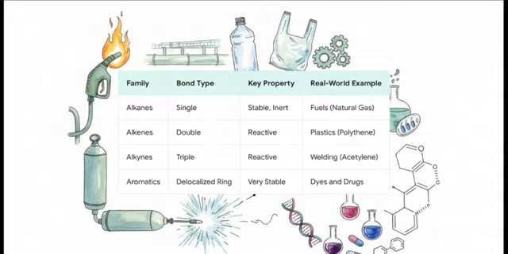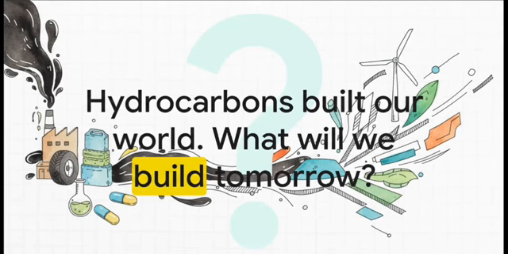You've got the alkenes with their reactive double bonds, making them perfect for building plastics. The alkynes have super reactive triple bonds used in things like acetylene for welding. And finally, the aromatics, that uniquely stable ring, give us the foundation for dyes and medicines. From the fuel in our tanks to the plastics in our homes and the medicines that keep us healthy, these simple little molecules of carbon and hydrogen have, no exaggeration, built our modern world. And that leaves us with a really fascinating question to chew on. What should we build with